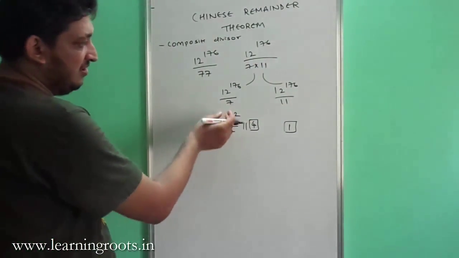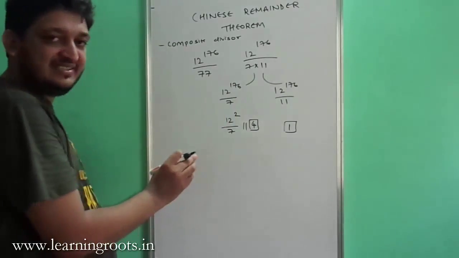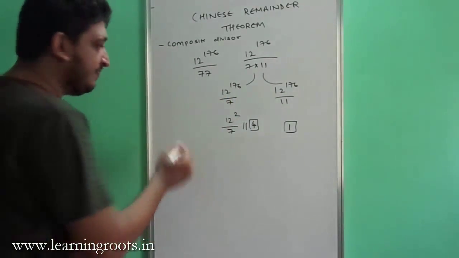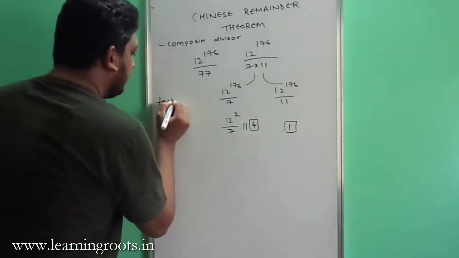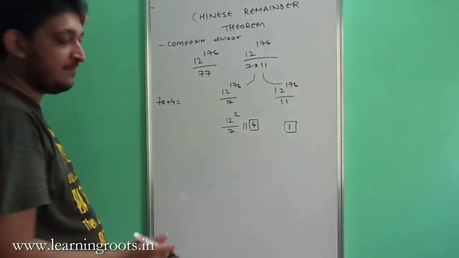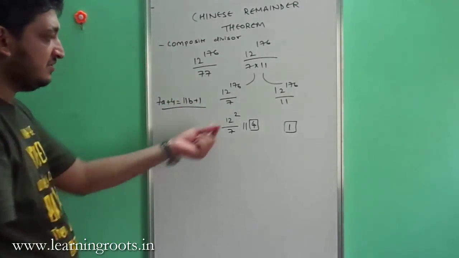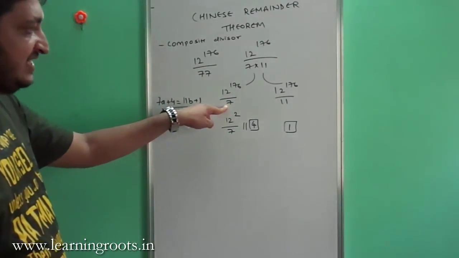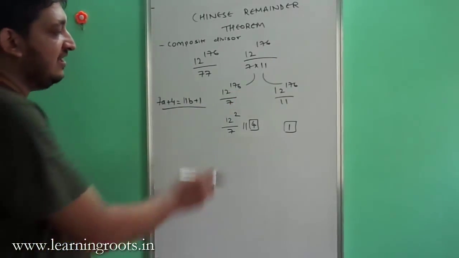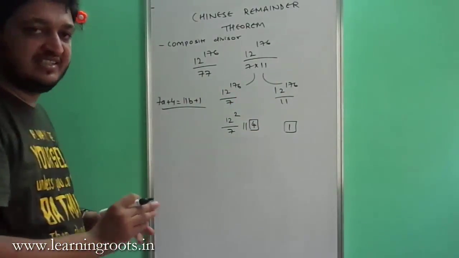So we got to this conclusion that 12 raised to 176 is in the form of 7a plus 4. So we have 7a plus 4. And 12 raised to 176 is also in the form of 11b plus 1. So this step is very important. We have to visualize this equation. Because we are dividing it by 7, there will be some quotient, that is 7a will be the total number and 4 will remain, so we will add 4 to it and this will give us 12 raised to 176.